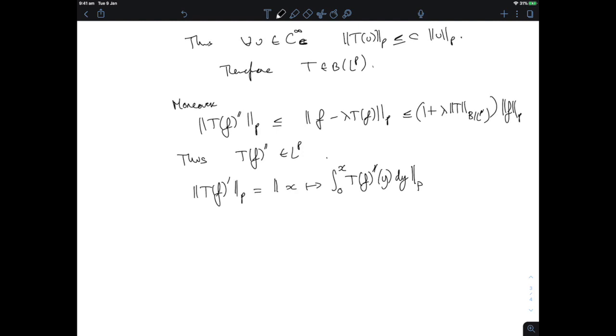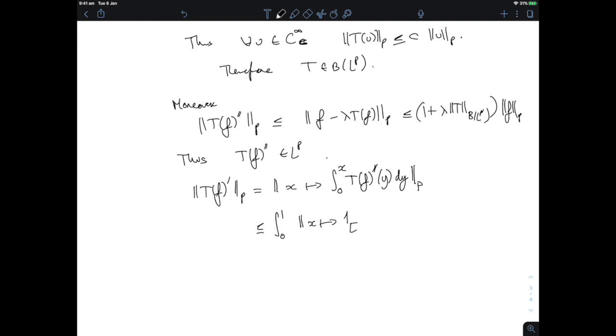But now you can just use triangle inequality, control that by the integral from 0 to 1 of the Lp norm of the map x goes to the indicator function of the interval 0 to y, sorry, yeah, my y is below x, so I want the indicator function of the